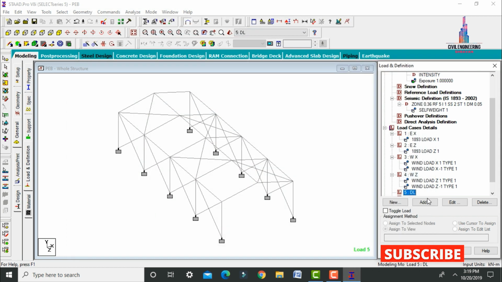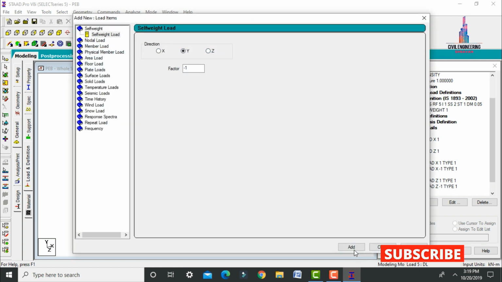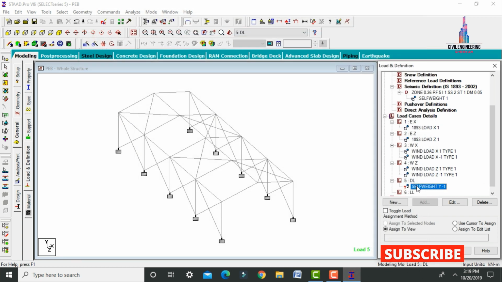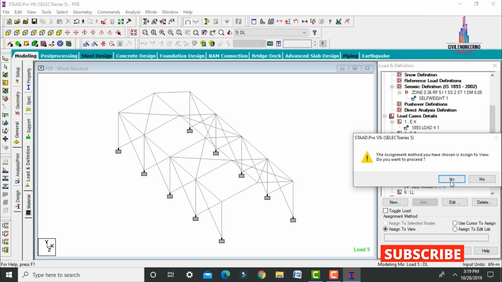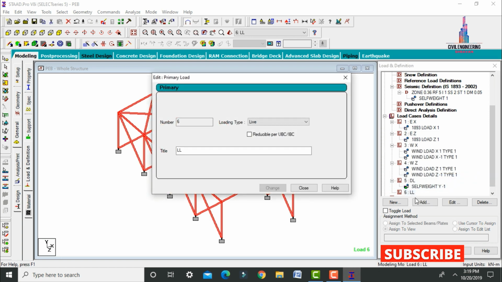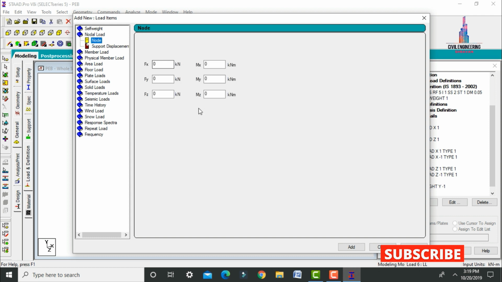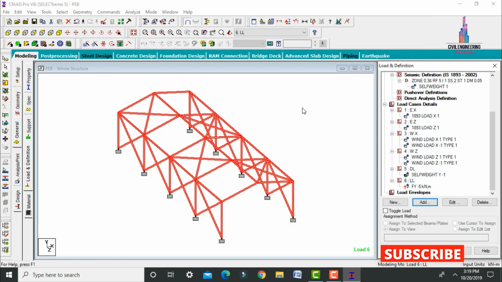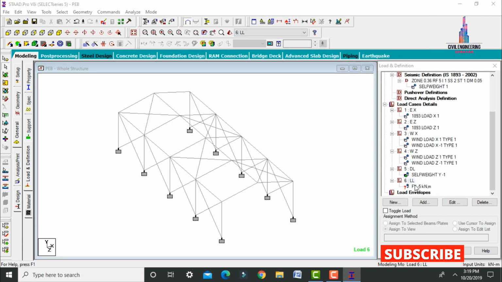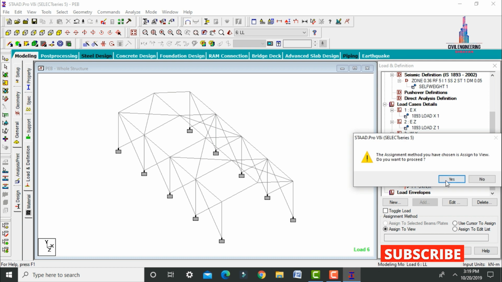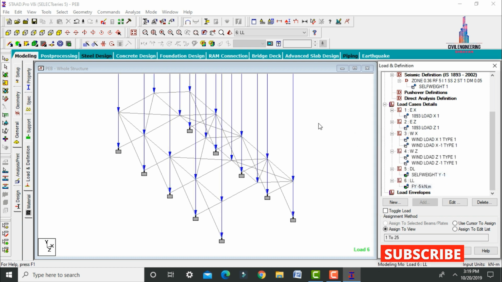Now I am selecting the dead load here. Click on add your self weight initially, close option. Select self weight by using assign to view, assign yes option. After that select the live load. Click on add button here. Now I am selecting the nodal load for the live loading condition, where I am taking intensity as -5 kilonewton in the downward direction, close. After that we have to assign this respective point load to the respective members in y direction condition. So simply I will go to assign to view option, assign yes. So it will assign your live load here like this.